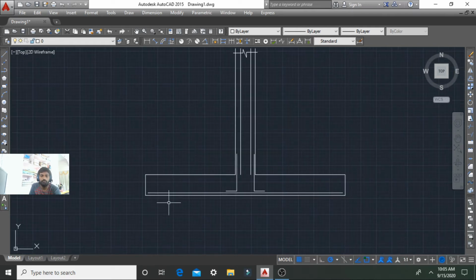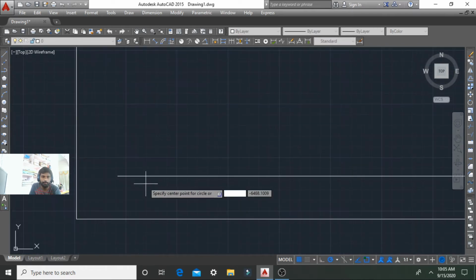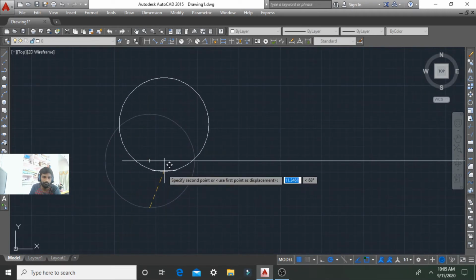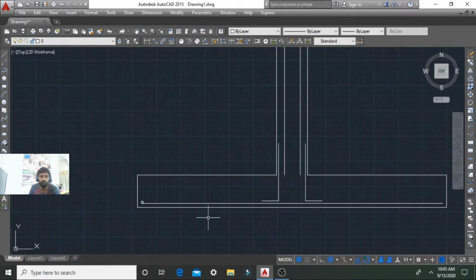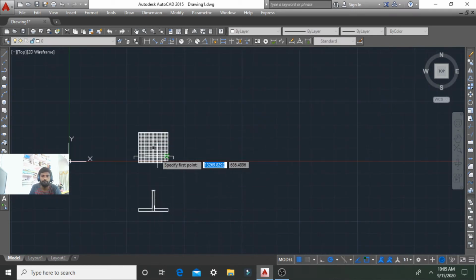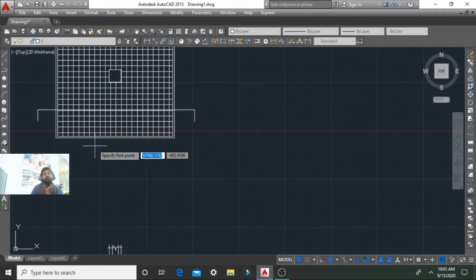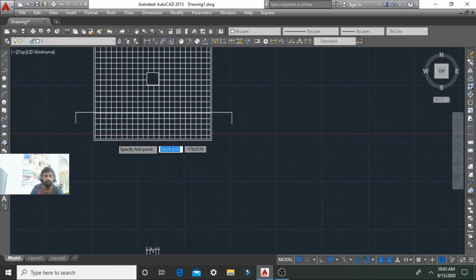Here we can give the diameter of the bar. So here the number of bars should be up to here.